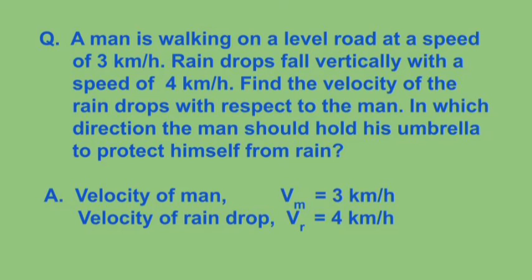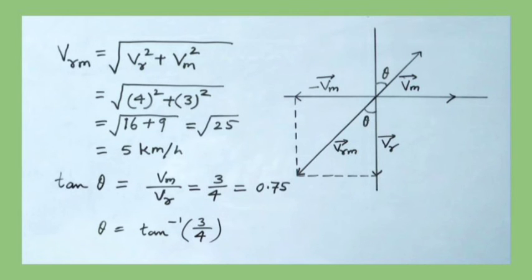Now question number 3. A man is walking on a level road at a speed of 3 km per hour. Raindrops fall vertically with a speed of 4 km per hour. Find the velocity of the raindrops with respect to the man. In which direction should the man hold his umbrella to protect himself from rain? Answer is relative speed of raindrop Vrm, which is equal to under root Vr square plus Vm square, and that is clear from the diagram,